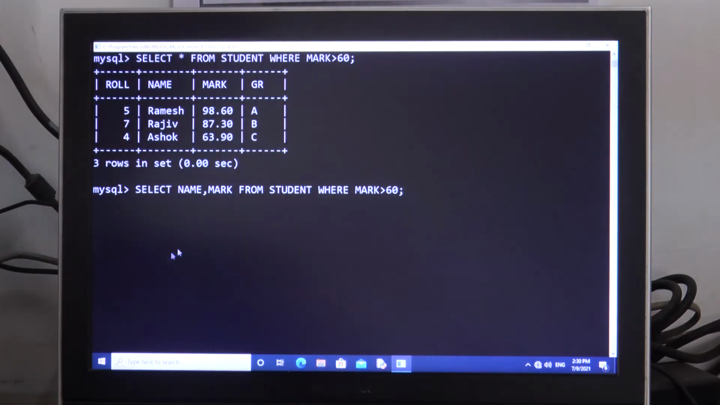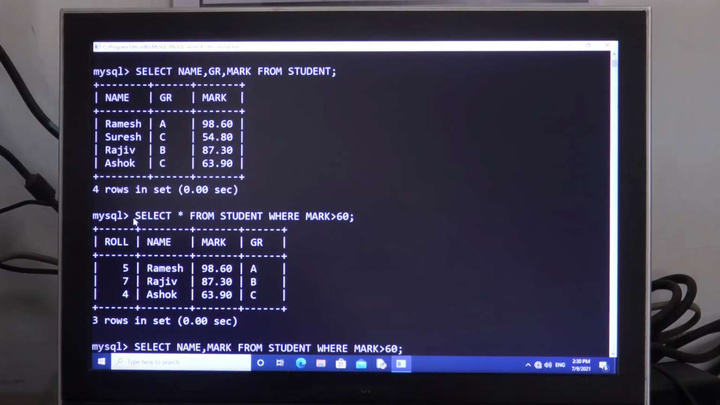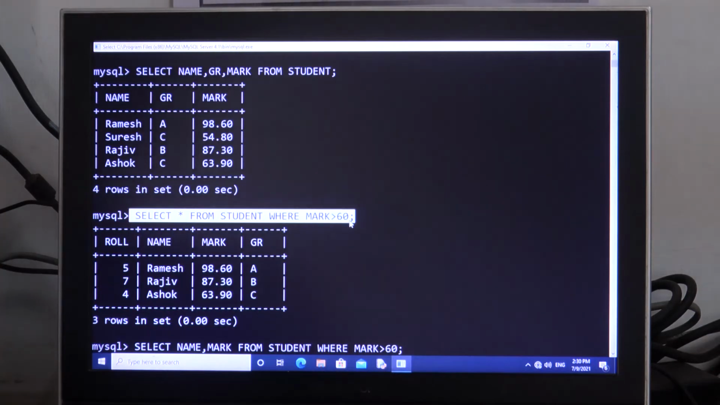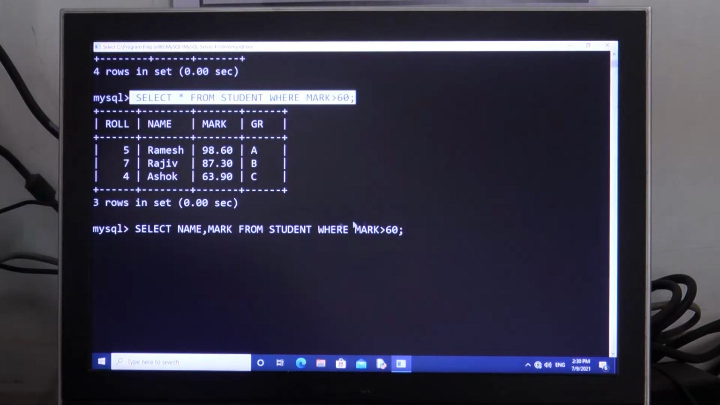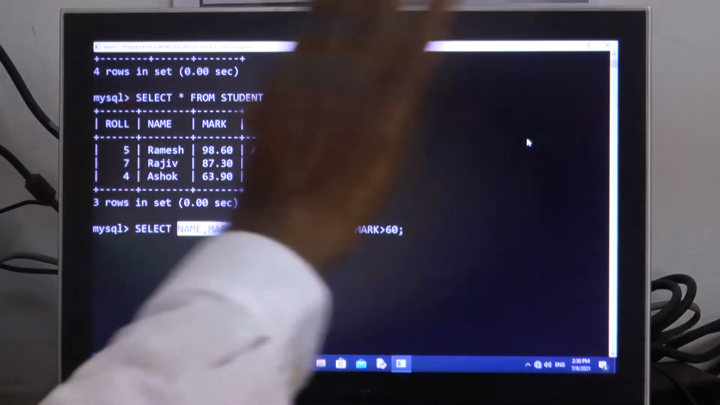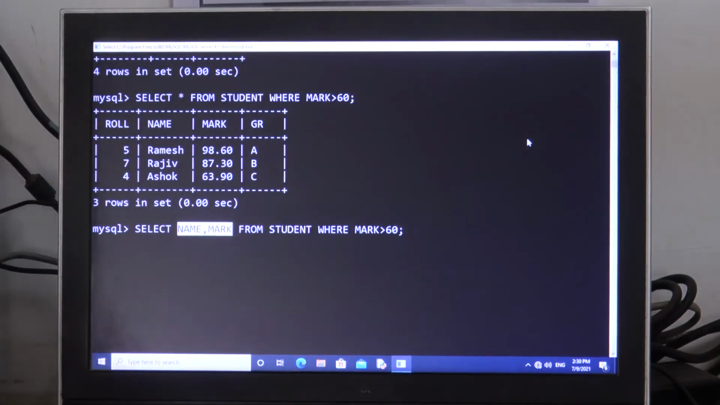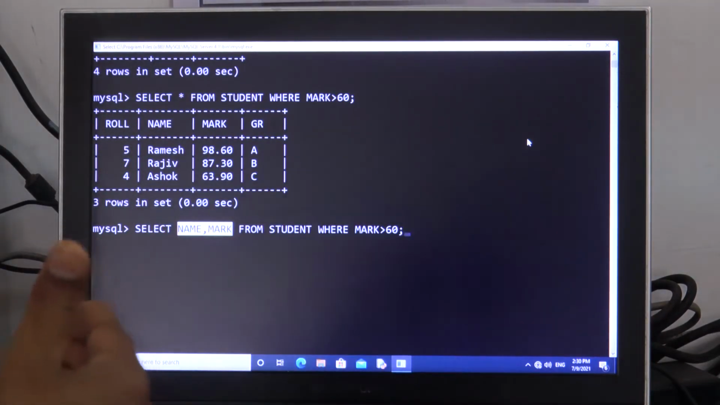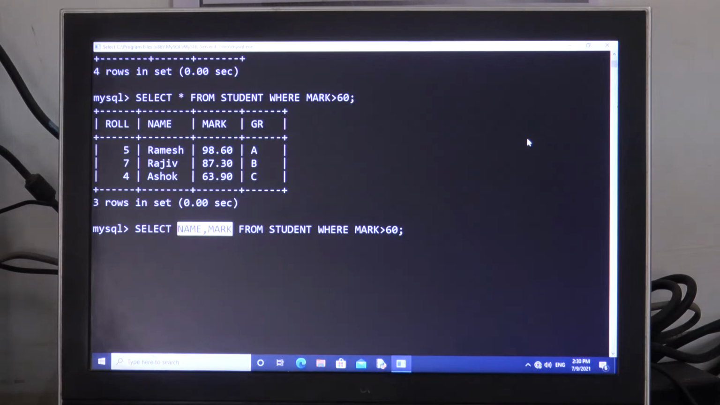Students, please check it out. The previous command I had given was select asterisk from student where mark is greater than 60. But here I have changed it a little bit. In place of asterisk, I have used name, mark. The other condition is there. That means I want to see the name and mark of the students who score more